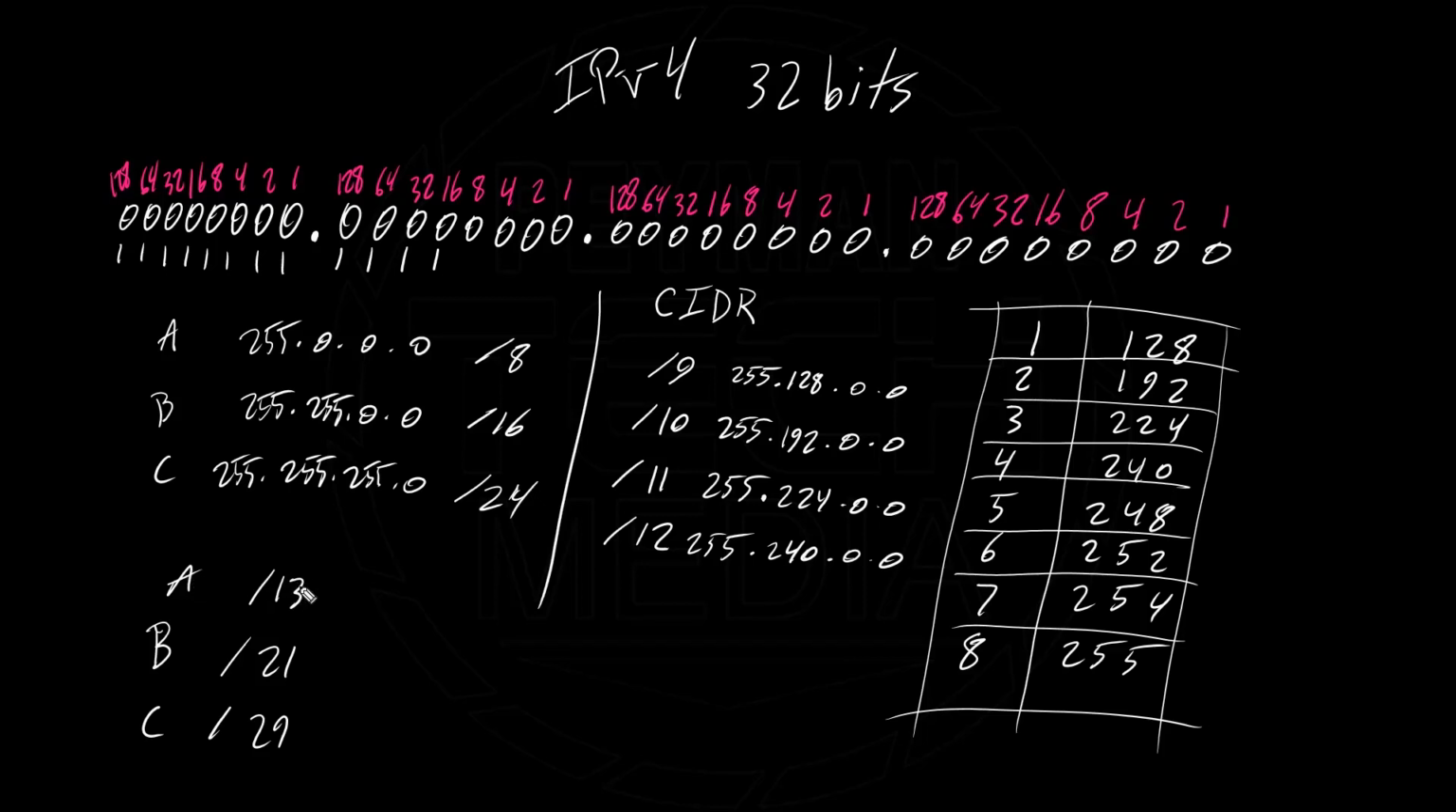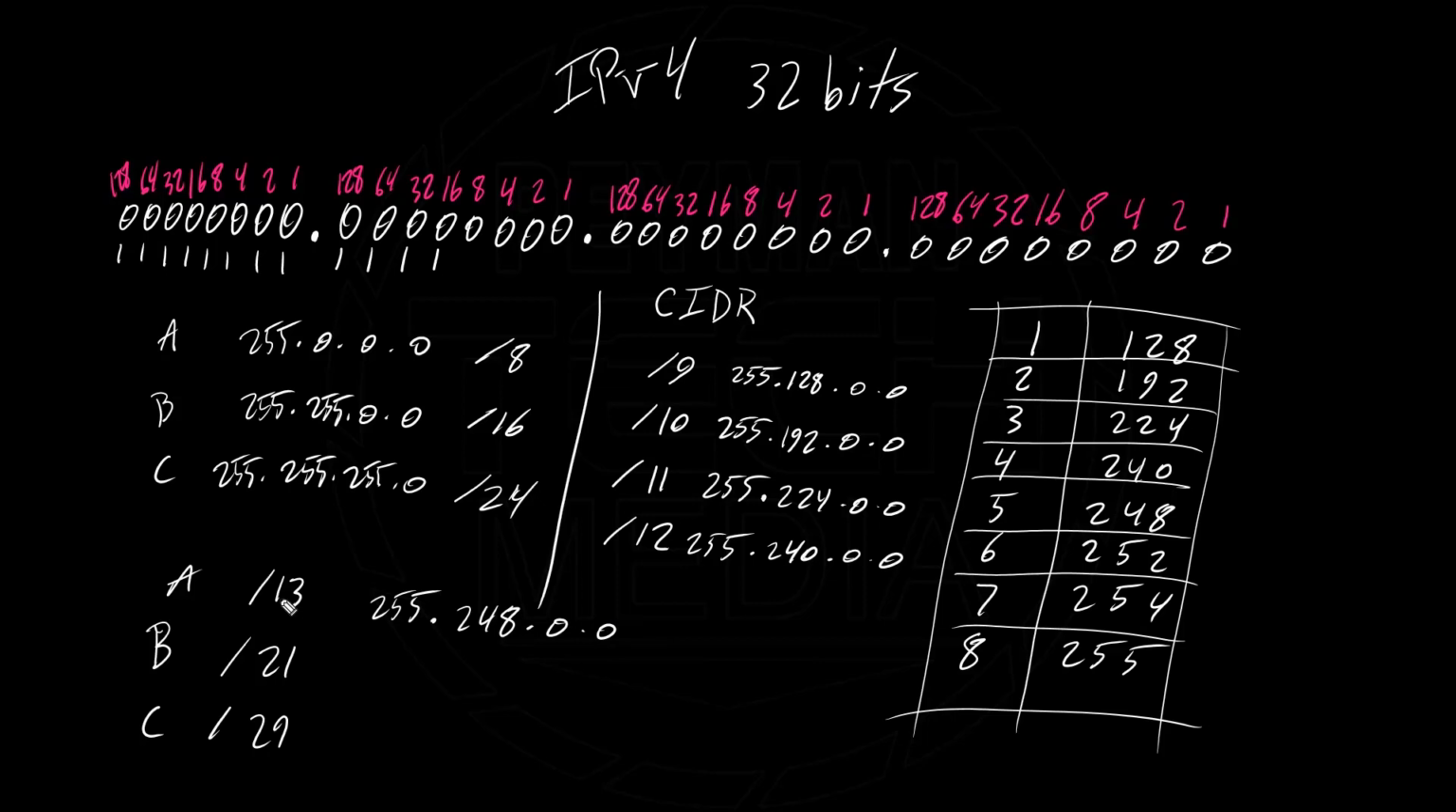So we have the first 8, right? That's 255. And then 13, we basically added 5 more bits, correct? So 5 plus 8, that's 13. And anytime when we borrow 5 bits, 248. So it should be